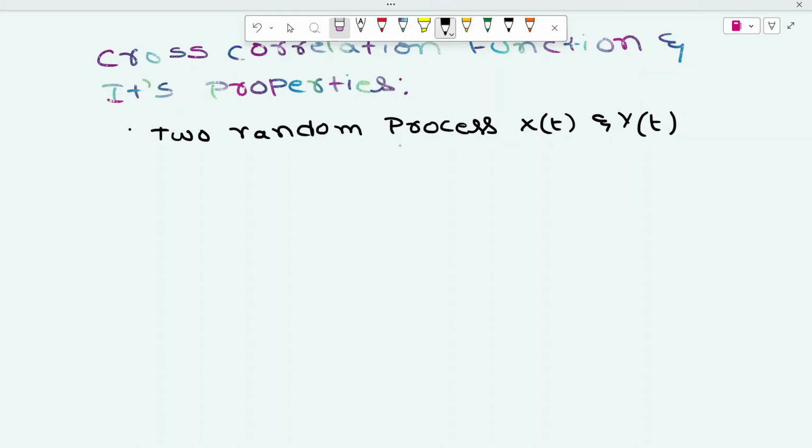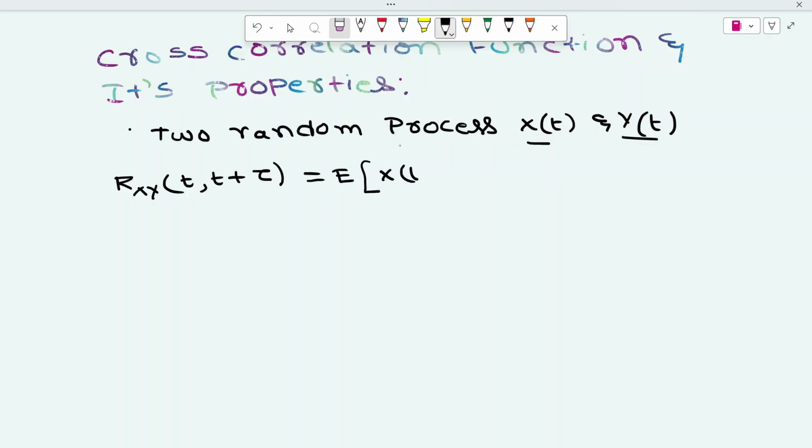The cross correlation function gives the similarity between these two random processes at two different time instants. So that is the purpose of cross correlation function. It is denoted with rxy of t comma t plus tau,